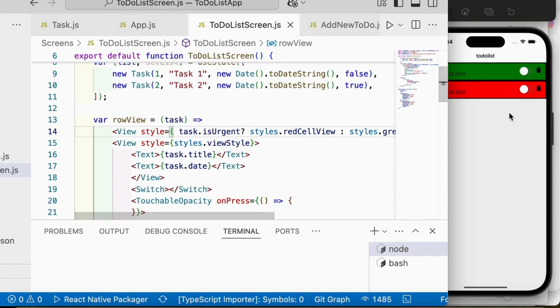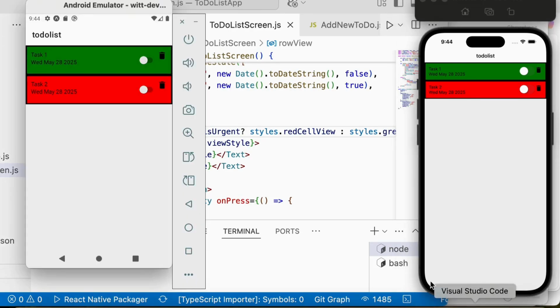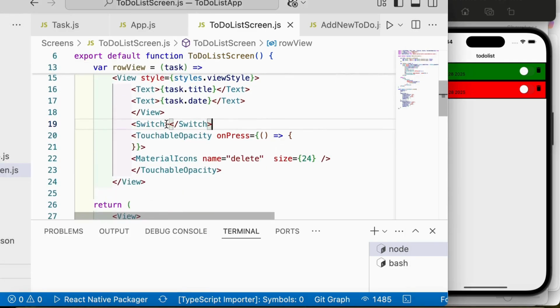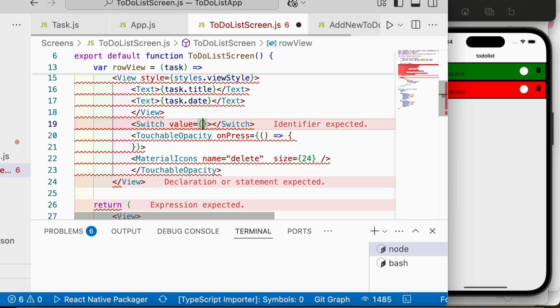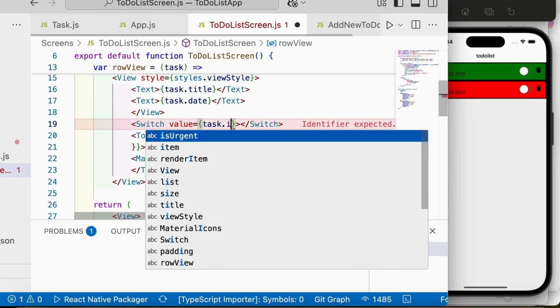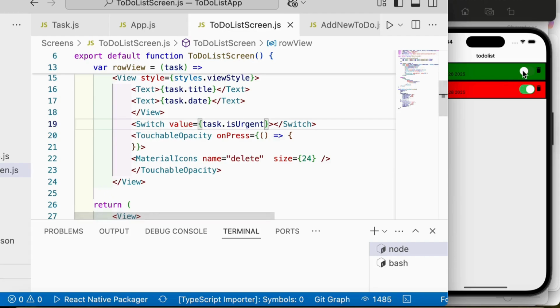And if I save, this is the expected result. Perfect. Now I will turn the switch on and off based on the value. That means the value of this switch will come from task dot is urgent, and saving this,